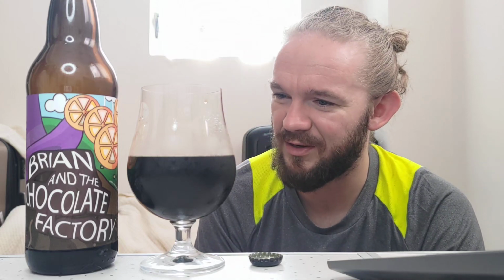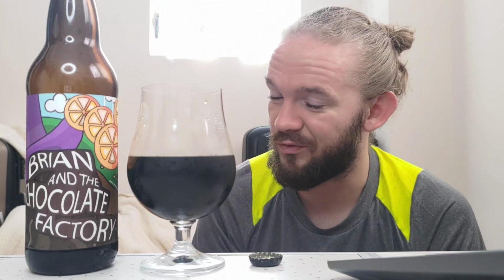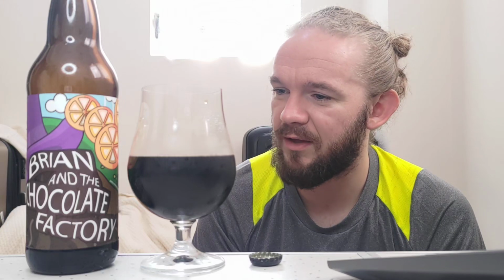I think this beer, it really takes a little bit of time just to show you its proper stouty characteristics, if you like. I don't know if I would go as far as calling this one a pastry stout. In a sense, I can see why they say pastry-like stout. It's not quite granola enough or sweet enough, I think, to really fit the kind of pastry stout category, but certainly something that's going to test your palate, and after 4,000 odd reviews, that's what you want, to be quite honest with you. So let's have a wee look at